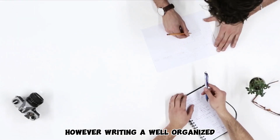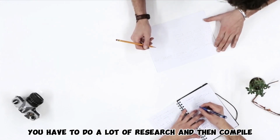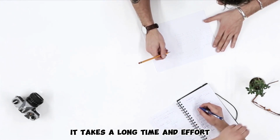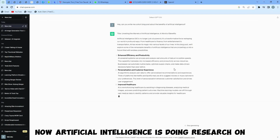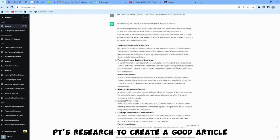However, writing a well-organized and informative blog post is not so easy. You have to do a lot of research and then compile all the data to make your article informative. It takes a long time and effort. After coming across ChatGPT, things have become easier. Now, artificial intelligence is doing research on your behalf, but you have to customize ChatGPT's research to create a good